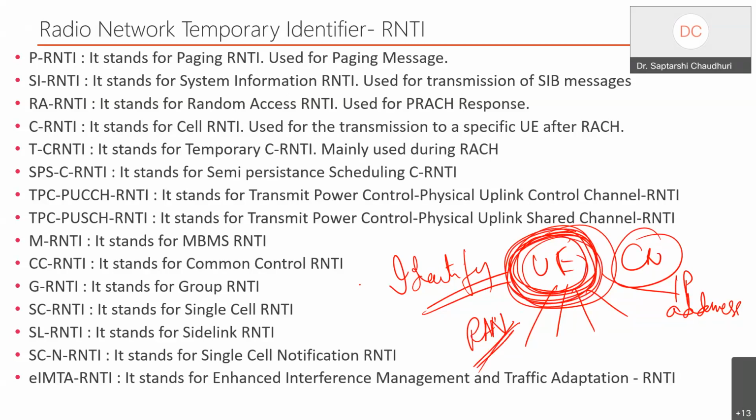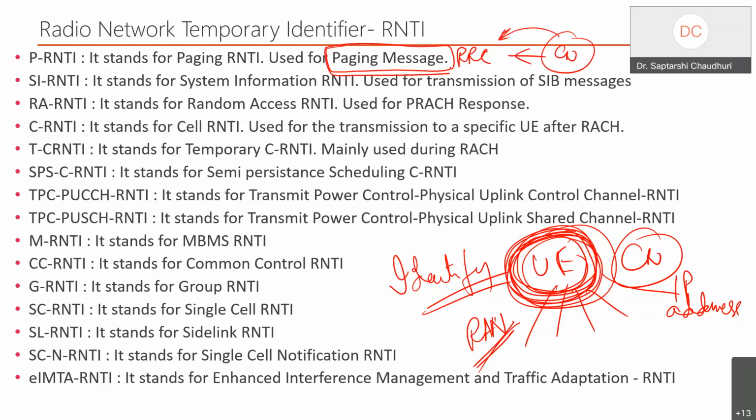5G has defined this whole bunch of RNTIs. Now if you see, I'm just drawing procedure number 1. I want to page a mobile. Paging is an RRC procedure that comes from the core network, saying that I want to page a mobile.